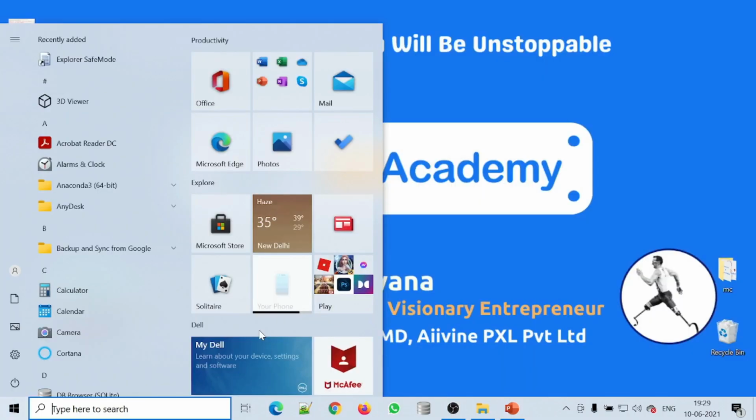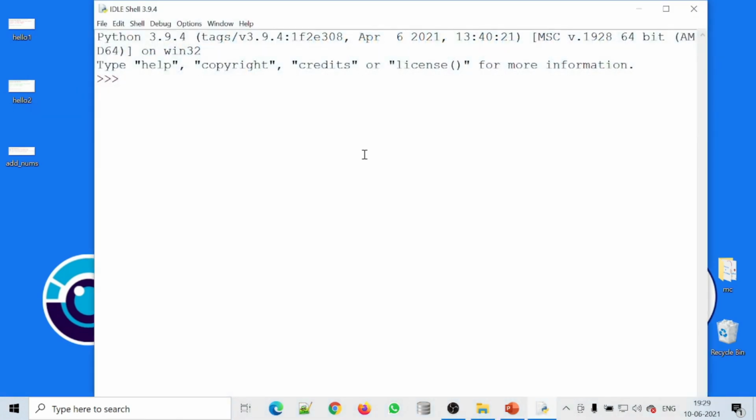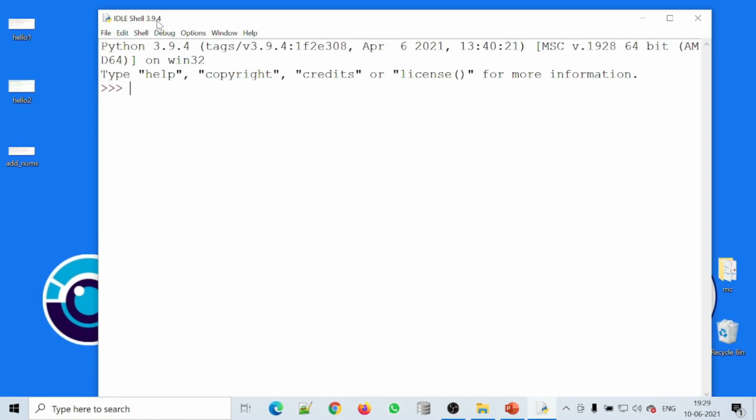First of all, just press the Windows key, then type IDLE, and you will see the IDLE option over here. Just click on it, so it will open Python IDLE, and here the version of IDLE is 3.9.4. So this is the file menu. Here we can see that this is a Python shell, and here we can type any command. Now let us see how we can write the smallest program in Python shell and execute or run that program. Let us type a print command over here,